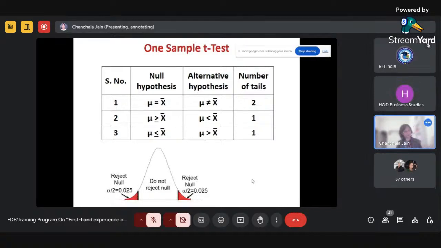Any doubt? Yes, ma'am. Okay. So you can see when I'm saying the two-tail test, the first serial number I'm talking about. In that case, when I'm saying two-tail test, that means your rejection region, the red area you can see here, this is indicating your rejection region of your null hypothesis, and the rest of the white region